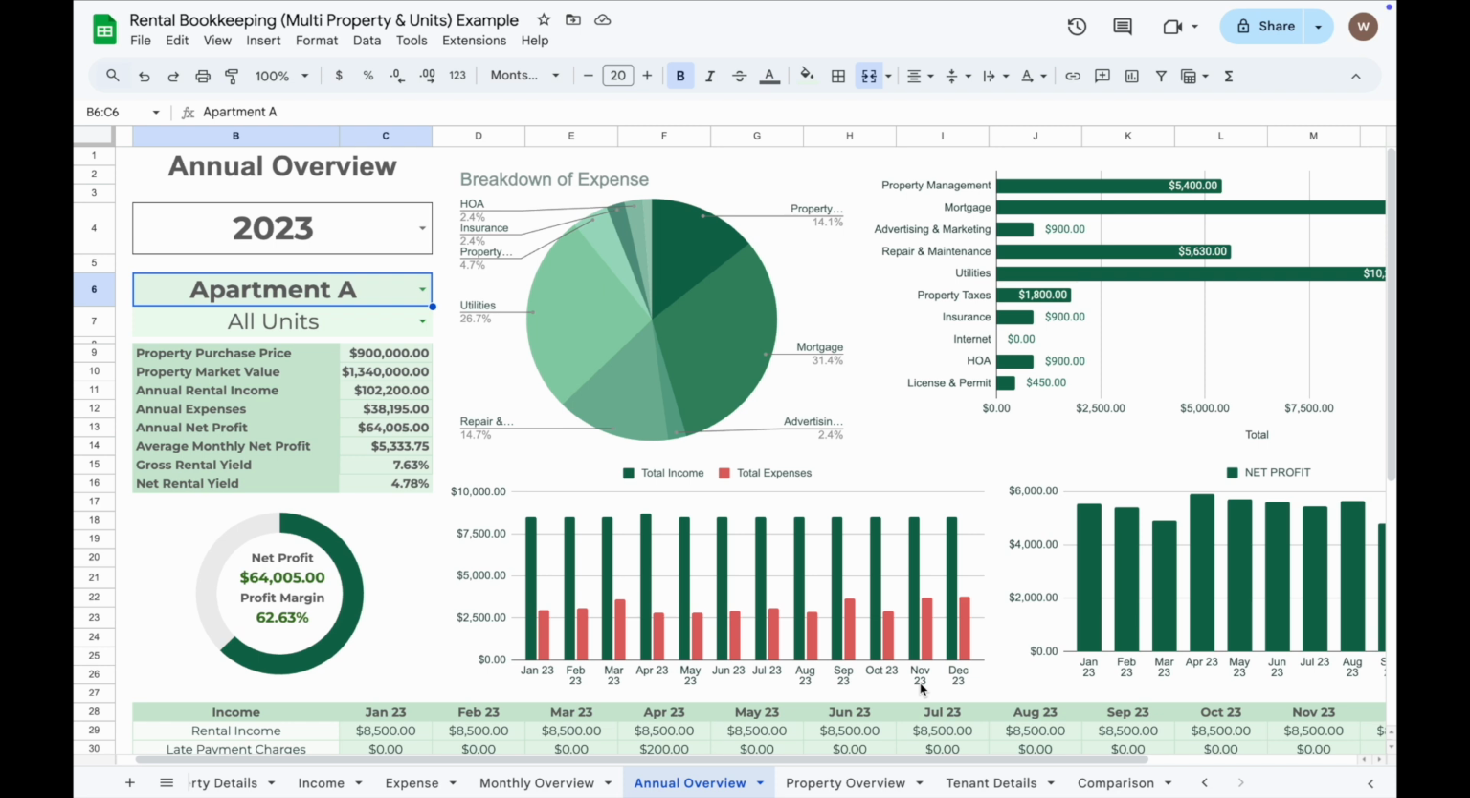Hi everyone, in today's video, I'm going to introduce a rental bookkeeping spreadsheet that helps you to record and track the income and expenses of your properties. This spreadsheet is specifically designed for landlords who own multiple properties or manage multiple units within a single property. It allows you to track the income and expenses for all properties, all units within a property, and even individual